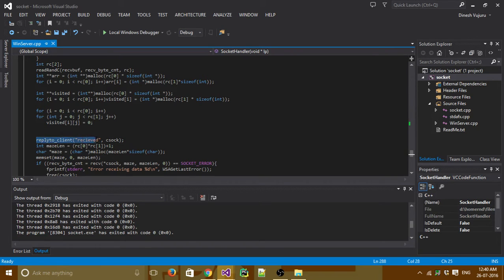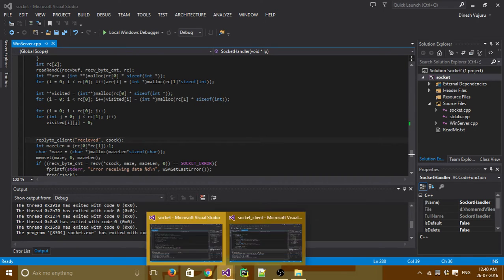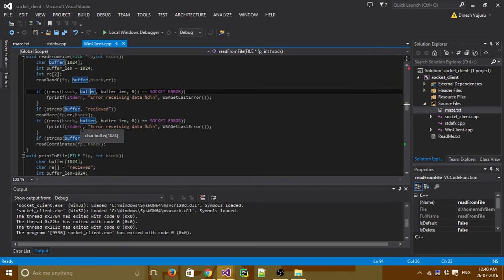It will reply to the client, I received the rows and columns. So coming to the client program, as soon as the buffer sent by the server is received, it will proceed to the next step, that is reading the maze.